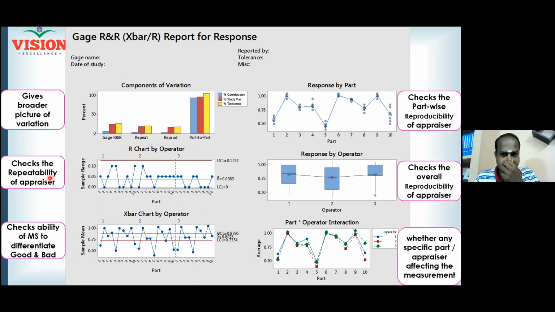The second one helps you to check the repeatability of the appraiser. There are 10 appraisers you are involving, or there are 3 appraisers you are involving. Are they individually repeatable? Are they individually consistent? See, precision doesn't answer the question whether you are correct or wrong. Precision only answers the question whether you are consistent or not, right? Whether I am teaching the right way or not. Am I teaching the same way? That is what precision is measuring, right?